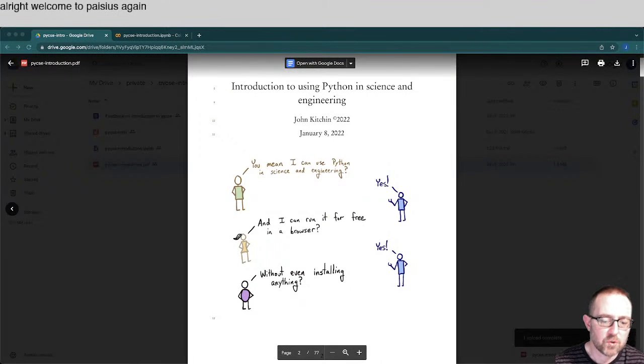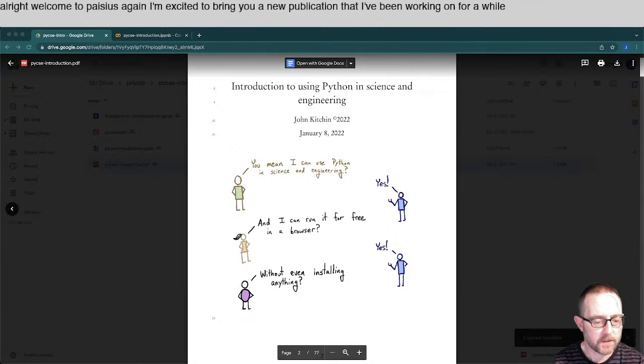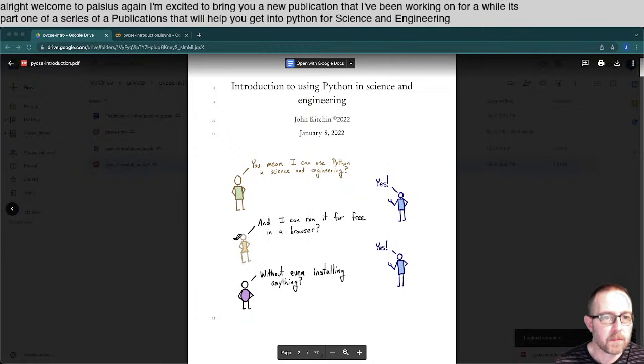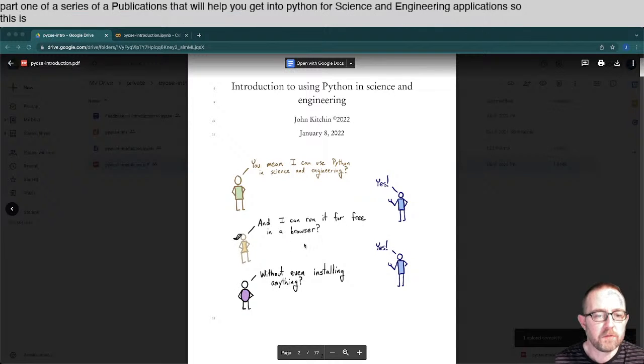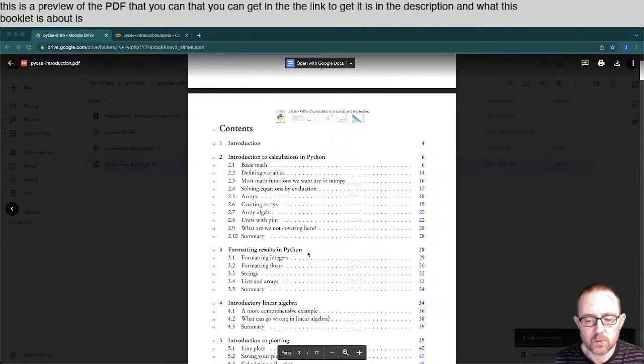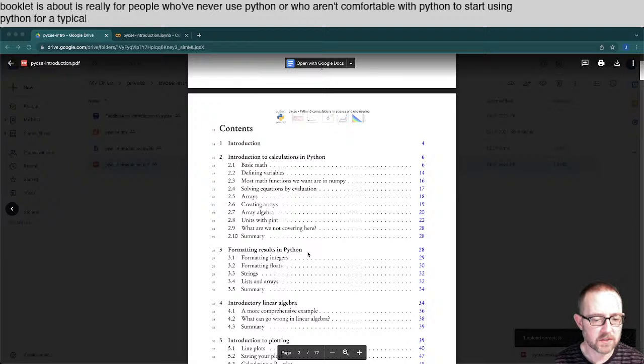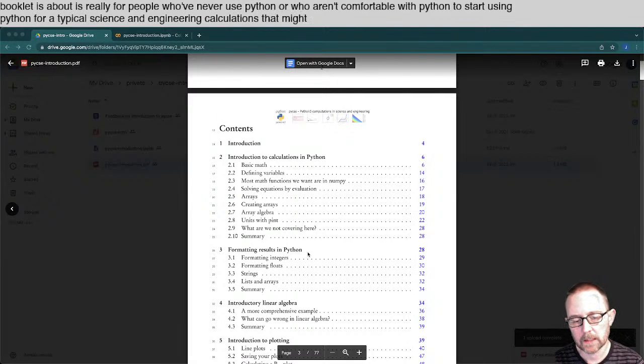I'm excited to bring you a new publication that I've been working on for a while. It's part one of a series of publications that will help you get into Python for science and engineering applications. So this is a preview of the PDF that you can get, and the link to get it is in the description. What this booklet is about is really for people who've never used Python or who aren't comfortable with Python to start using Python for typical science and engineering calculations that might happen, say, in the first year